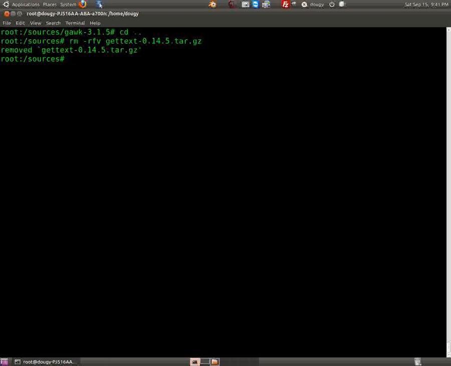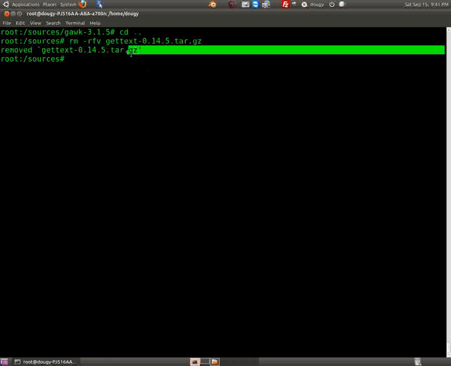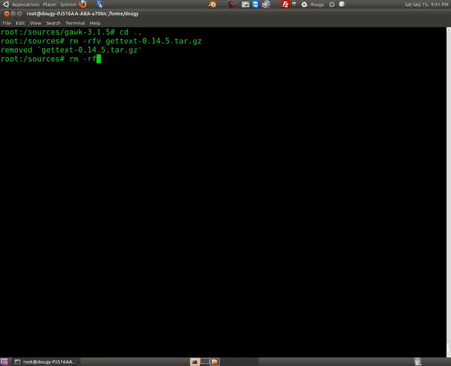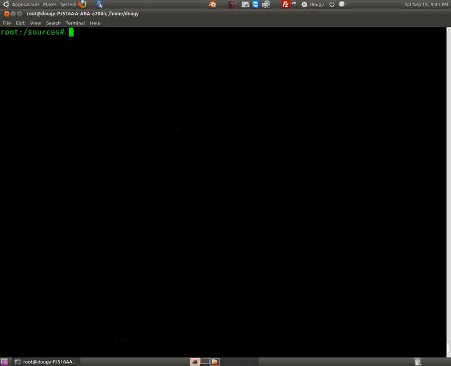Okay. I messed up. You see that, right? That's okay, because before we figured out how to fix it. So we're going to do what we should have done. Type in gawk, and we're going to remove gawk. Now remember, if you accidentally, and it's easy to do that, if you accidentally delete your gzip or bz files, if you delete your source files,